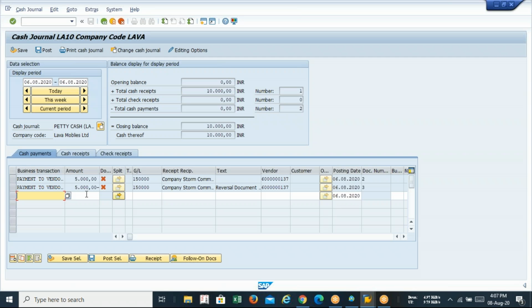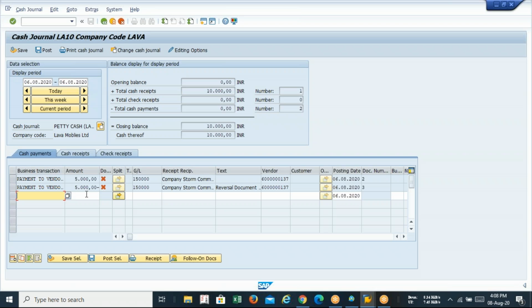Is everyone getting this? Now you can say we have completed the cash journal configuration and cash journal unit testing. Any kind of mistake, be it in the amount, the wrong selection of the party, or the wrong selection of the GL, whatever mistake you have made in your cash journal, you can reverse your document to rectify it. Understood? So that we can proceed with the next configuration.